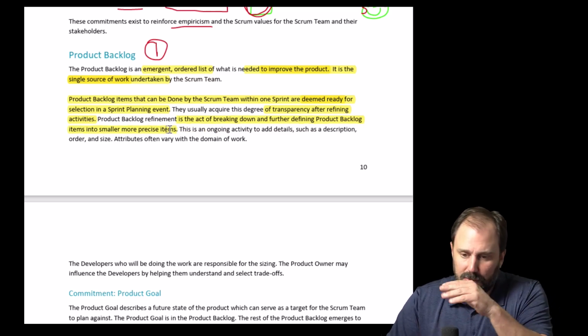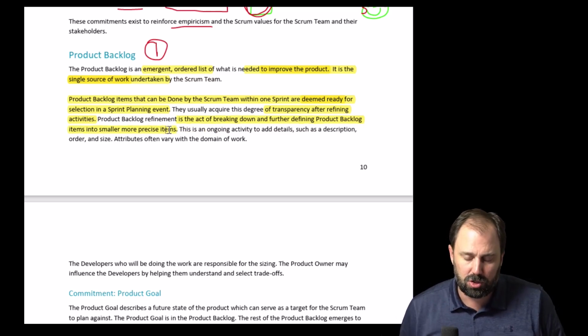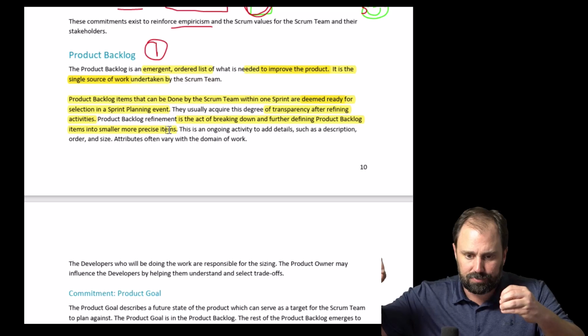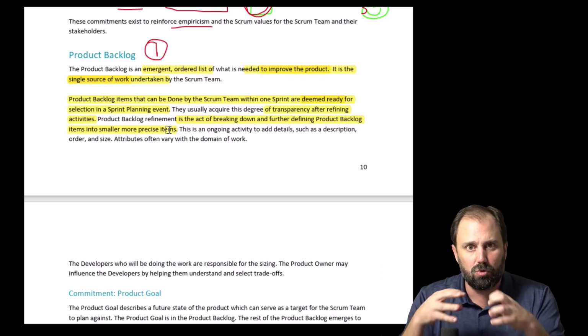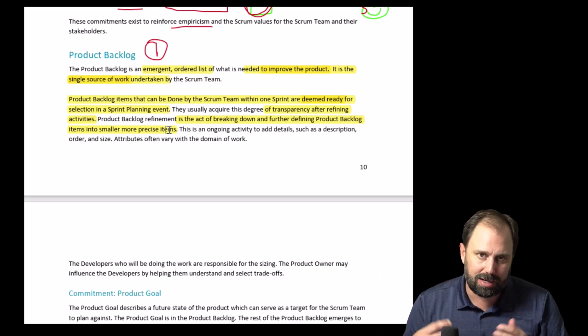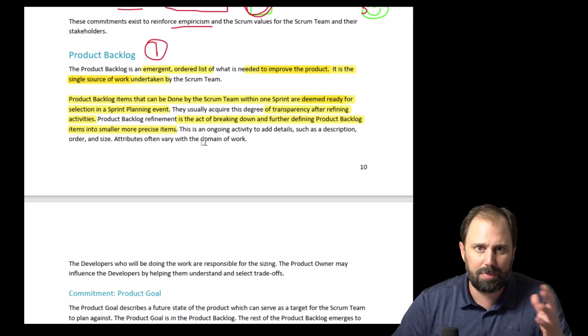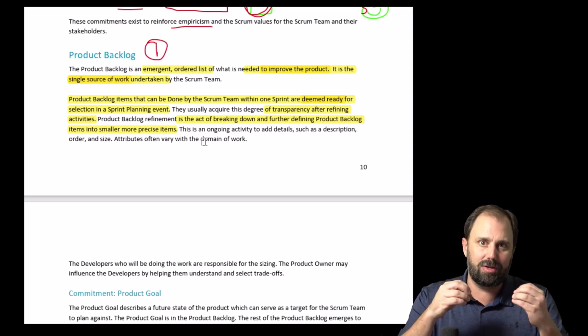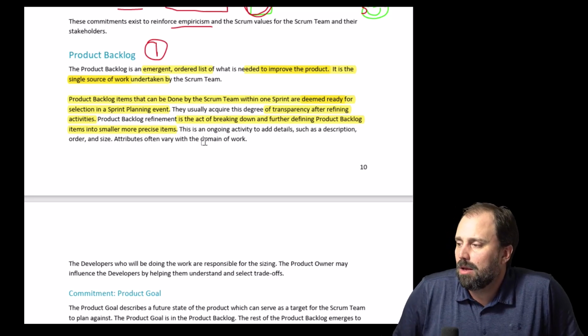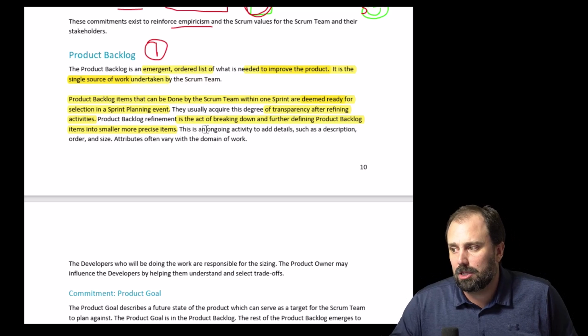And when you chop something up, you don't just rip it apart. You rip it apart and clarify. Rip it apart and clarify in a positive way. Okay? The ripping it up sounds negative. I was just saying that part of it, we need to be positive. Okay? And realize product backlog management is an ongoing activity.